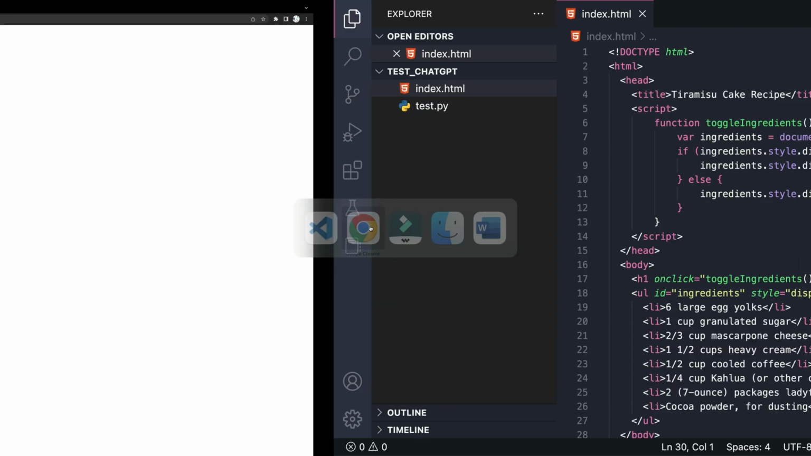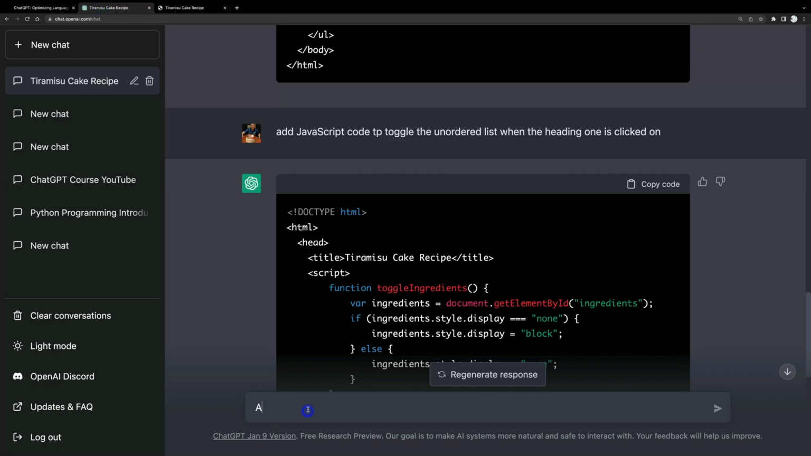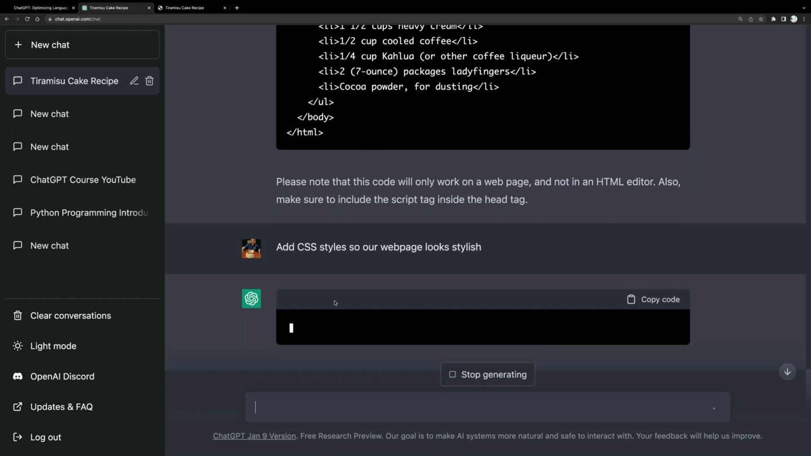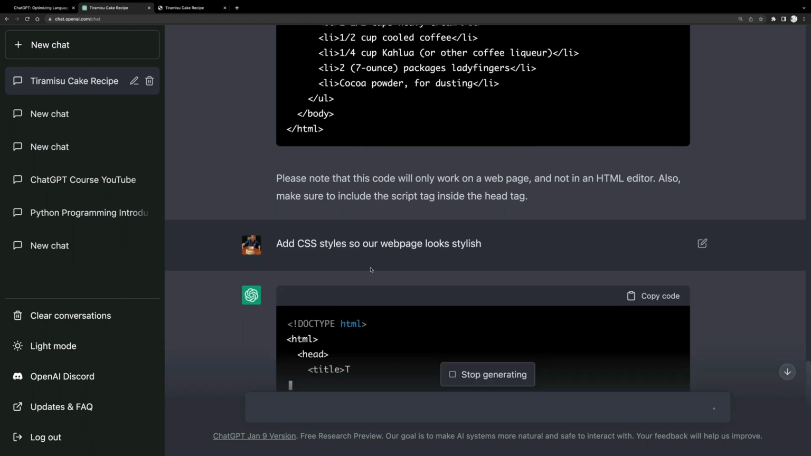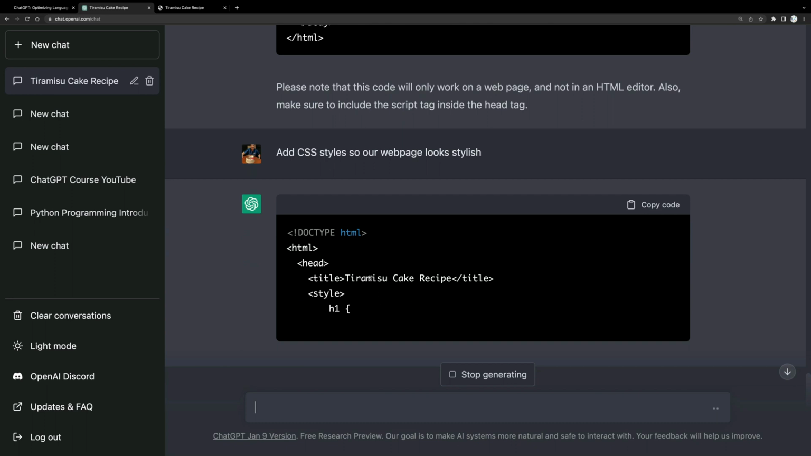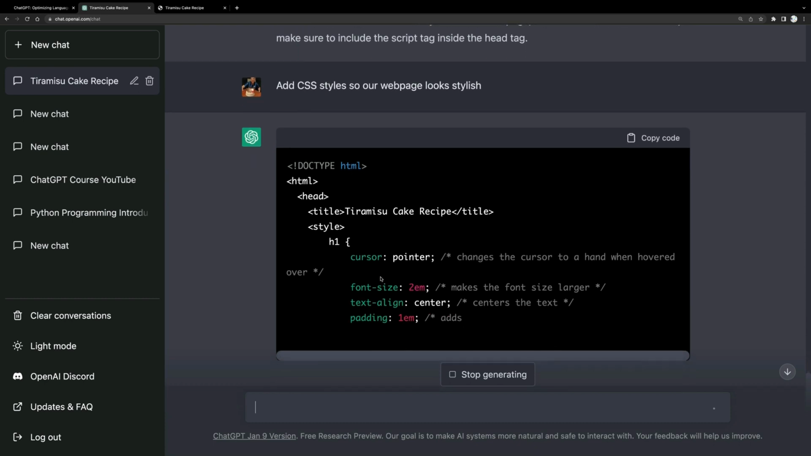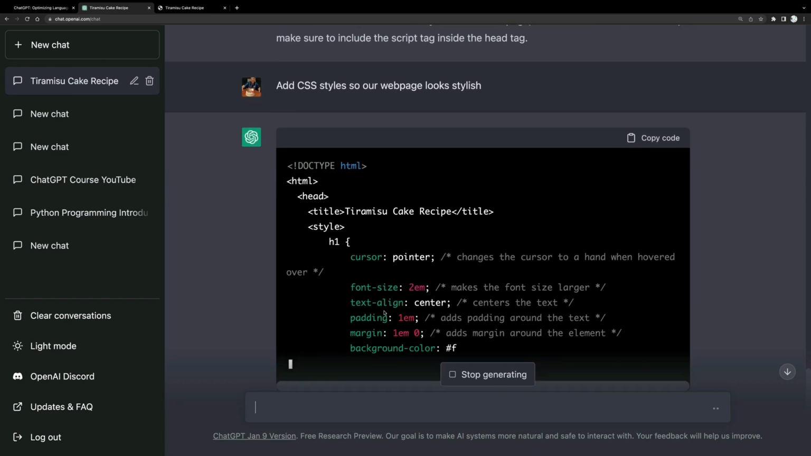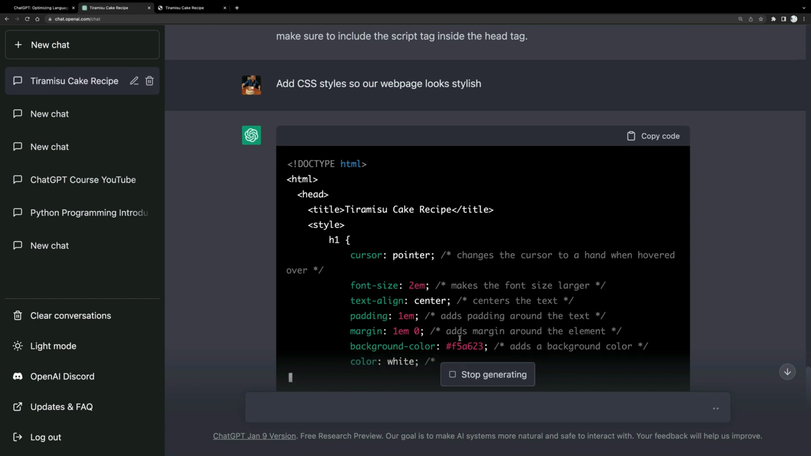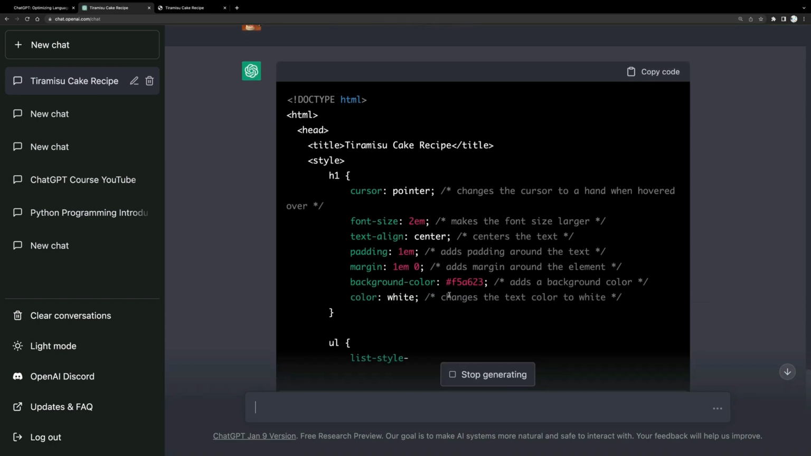We can also say this, add CSS styles so our web page looks stylish. Let's see what was happening. Again, it will take a little bit of time, but yeah, here it is. It's adding the style inside the file, right? Not in a separate file, of course. But let's see what kind of style it will generate. I hope it's not gonna jam here in the middle. So yeah, I will have to redo the entire